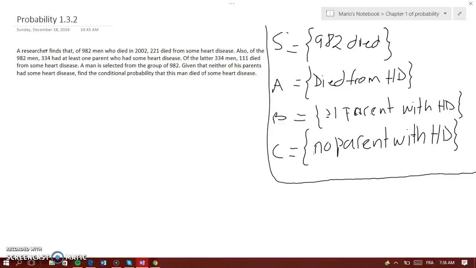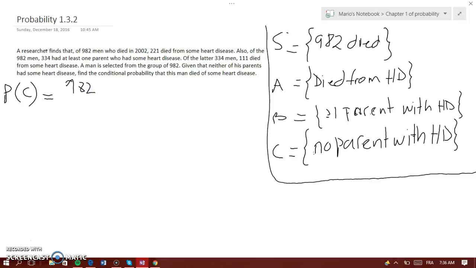So first thing first, what we need to do is, it says to give the conditional probability that the man died from some heart disease, given that neither his parents had heart disease. So first, we need to find the probability of no parent with heart disease. So the probability of C, because C is no parents with heart disease, would be, you have 982 men,